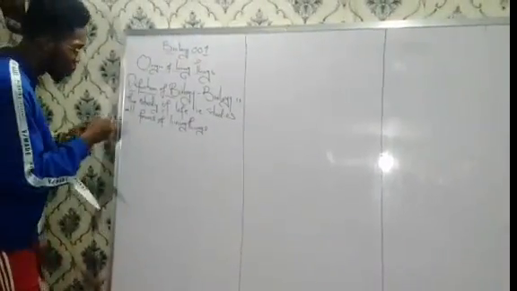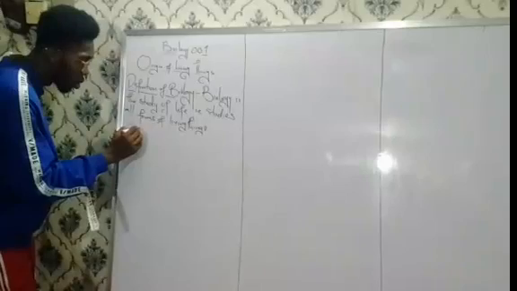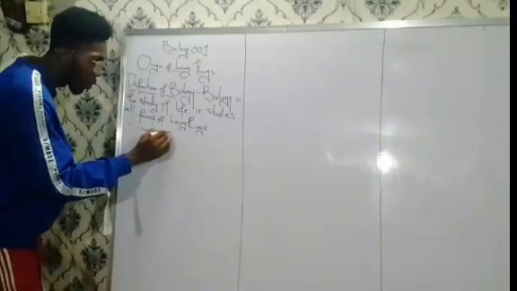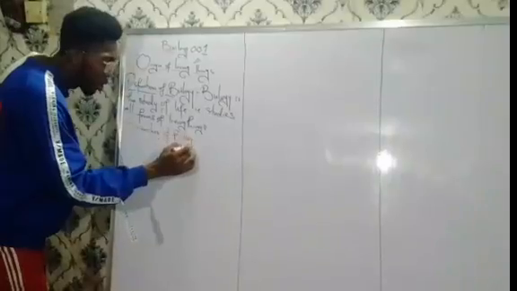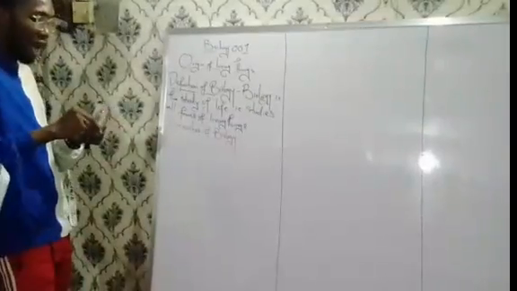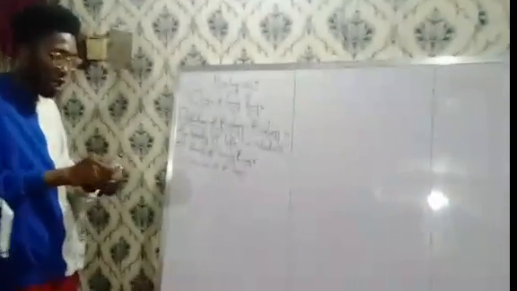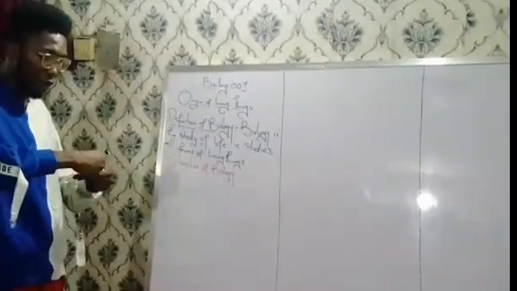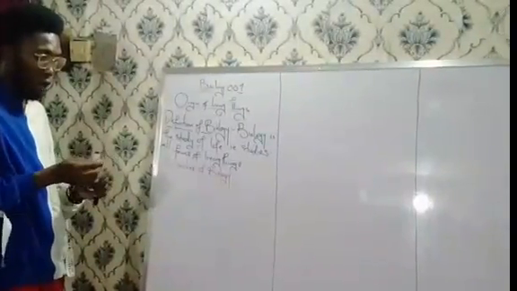Biology has several branches. I'll be looking at those branches briefly. So, I'm going to be looking at the branches of biology. In our branches of biology, we'll be talking about, starting from the major ones, your zoology. I will note that zoology is the study of animals. Then we have your botany, which is the study of plants. Those are the major ones which you are conversant with from your O level.